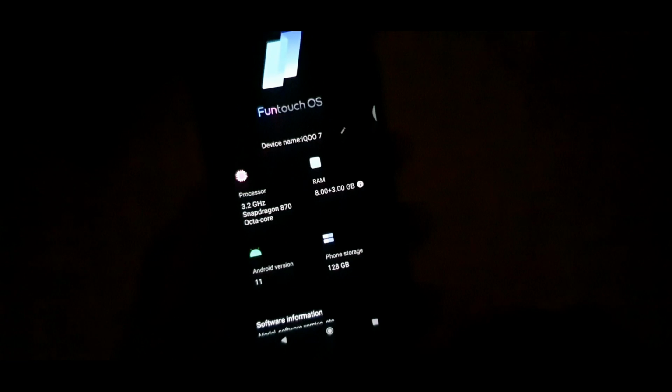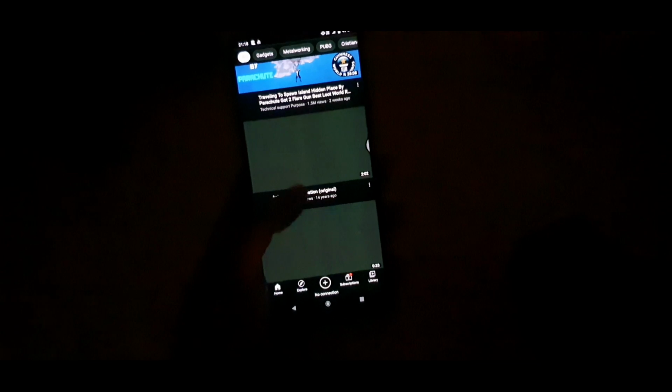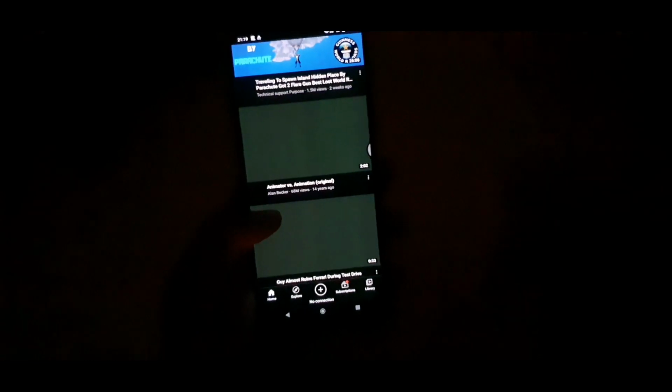Let me open the YouTube application and show you what is happening. As soon as I open YouTube, this is what it is. I turned off the internet, and you will see empty thumbnails. Now you can see the green tint problem. Exactly, as you can see, friends, it's completely green when there is no thumbnail. It should be dark, but it's not like that.